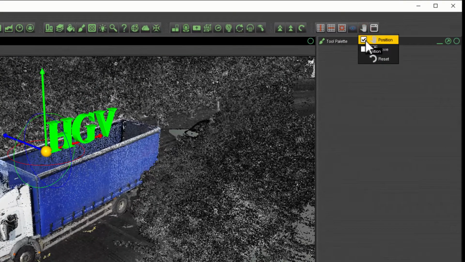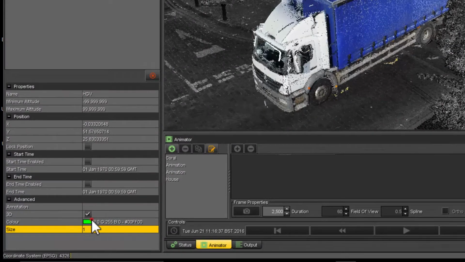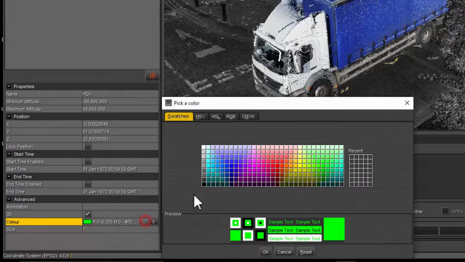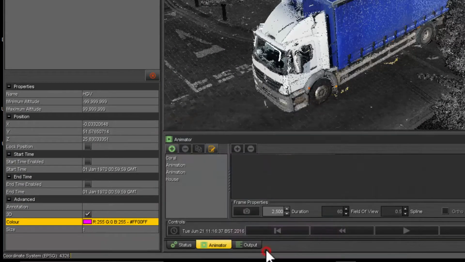Just turning that tool off. You'll also notice that under the properties you can change the color. So click on the 3 dots, select any color you wish,